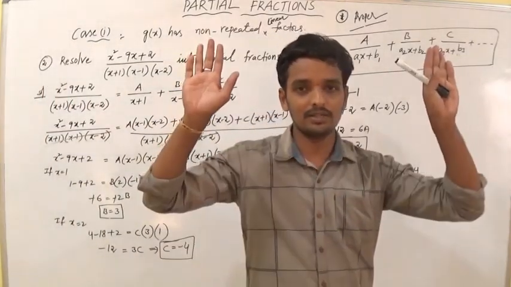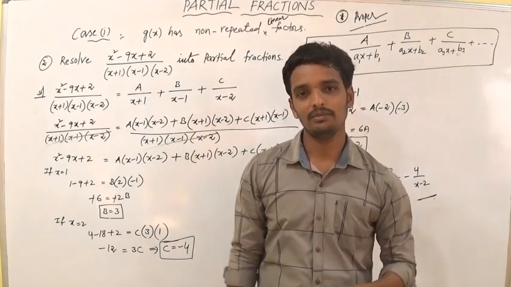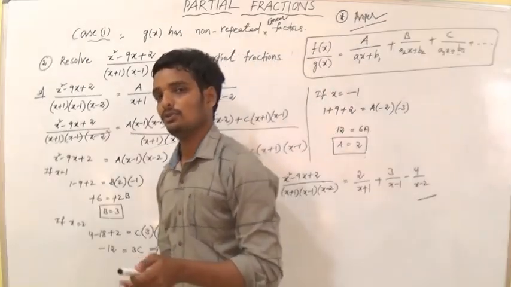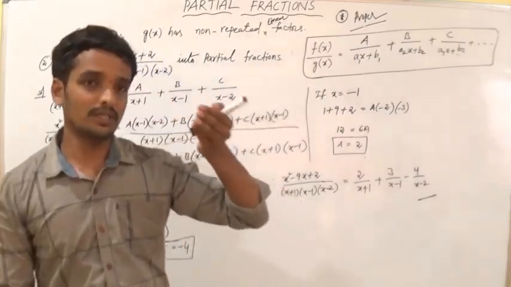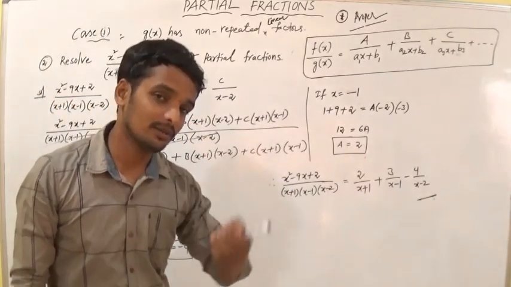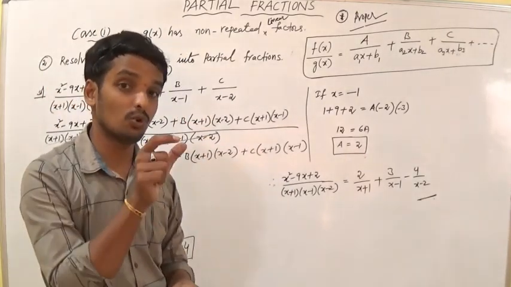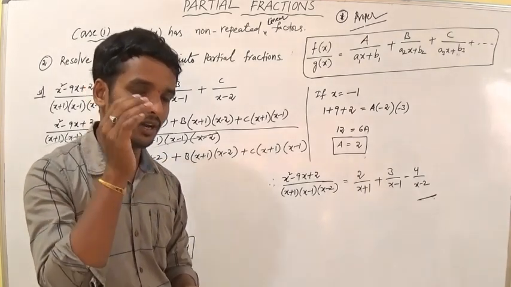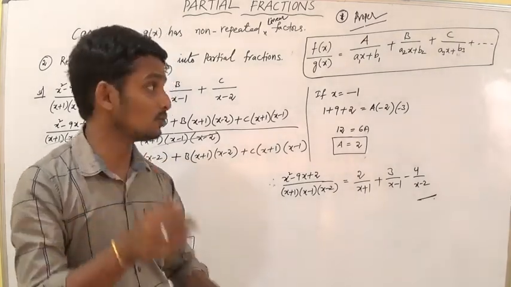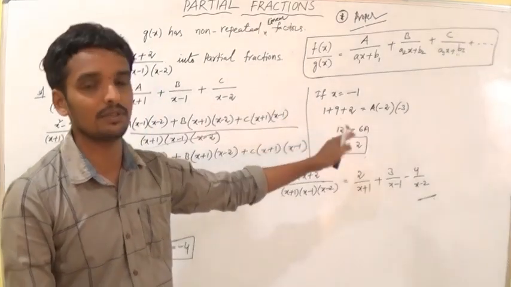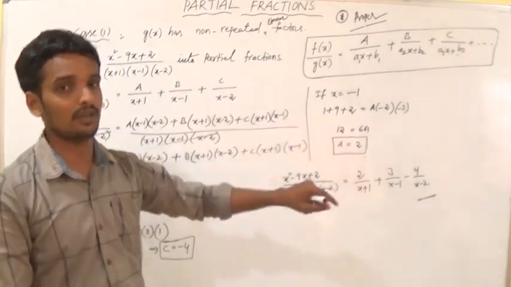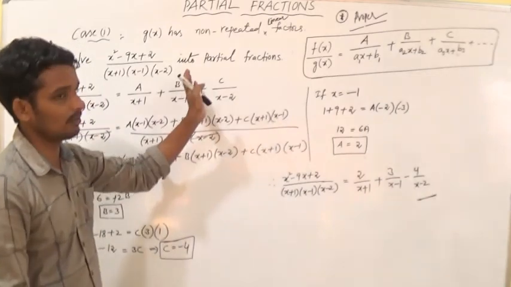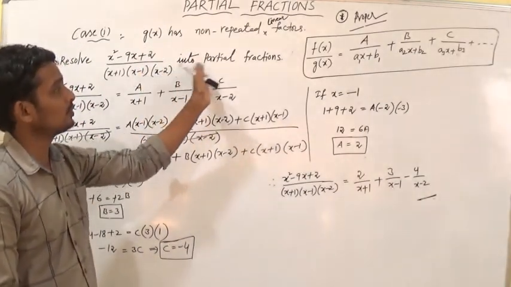No, we can solve. I told you. So if f of x by g of x is an improper fraction, we can get one quotient plus some additional part of the quotient, that is r of x by g of x. I explained already in the previous video. So we can solve the same problem. The same problem is an improper fraction into partial fractions.